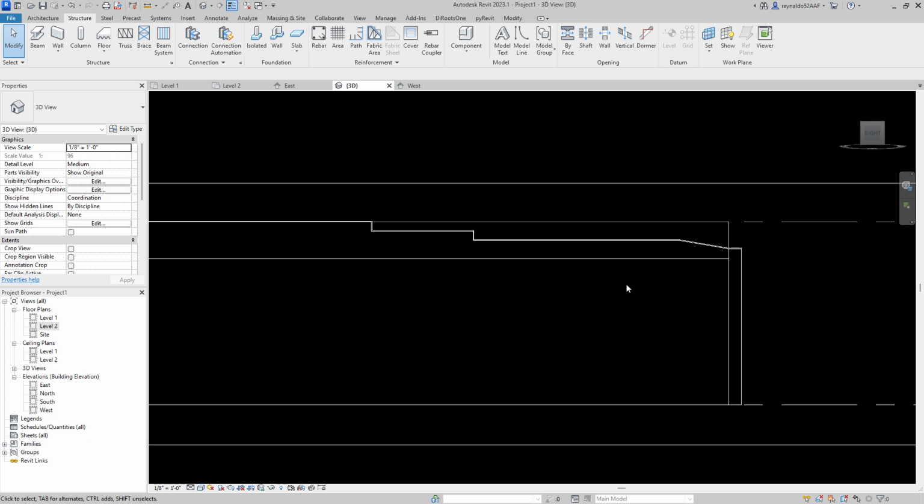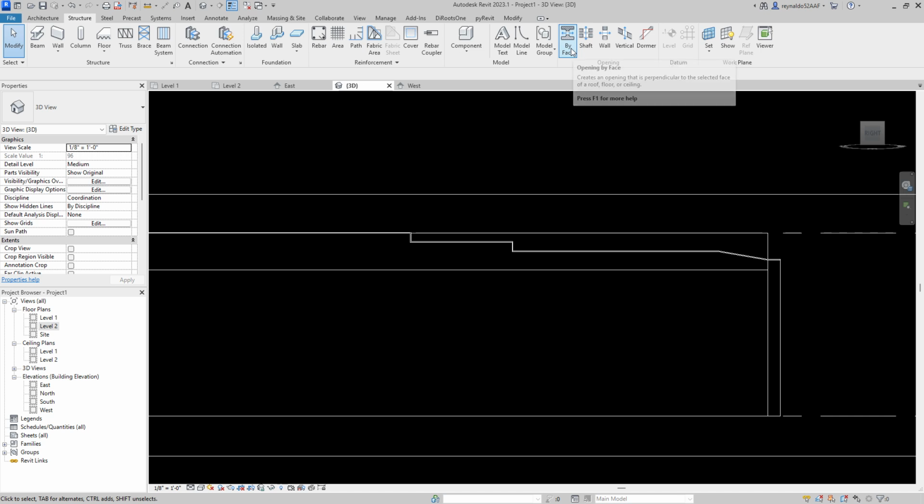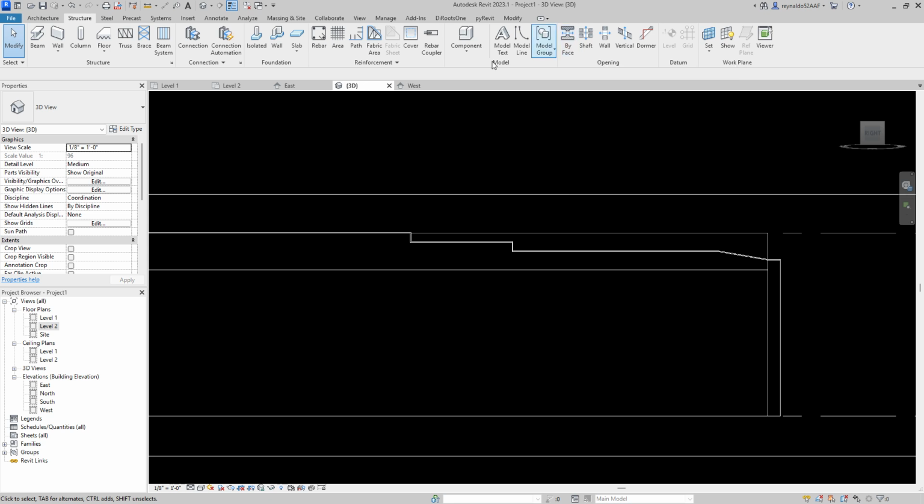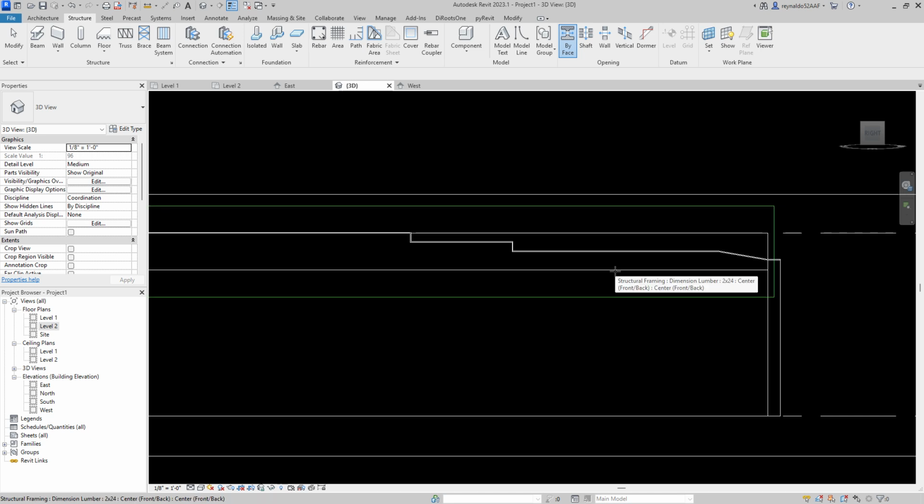So the next step, I'm going to go back to my hidden line mode. Next thing I'm going to do is click on the by face option. This is basically an option that you typically use to create openings that are perpendicular to a level, and they can be applied to any type of opening as long as you're clicking on the face. They also apply to families. So I'm going to click on the option here, and then it's asking me to click on the perpendicular face on which I want to make the cut. So I'm going to hover over the roof rafter, and once you see the outer green outline,